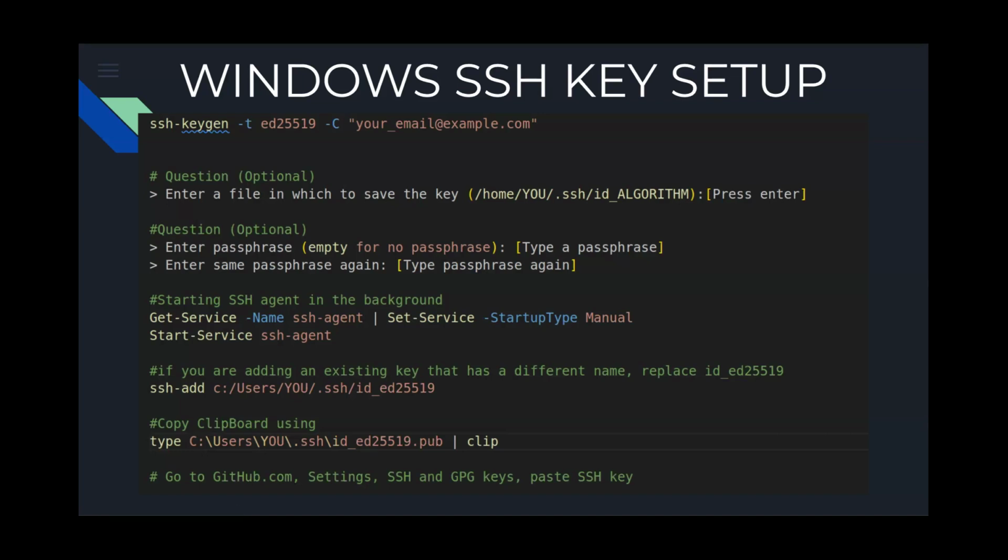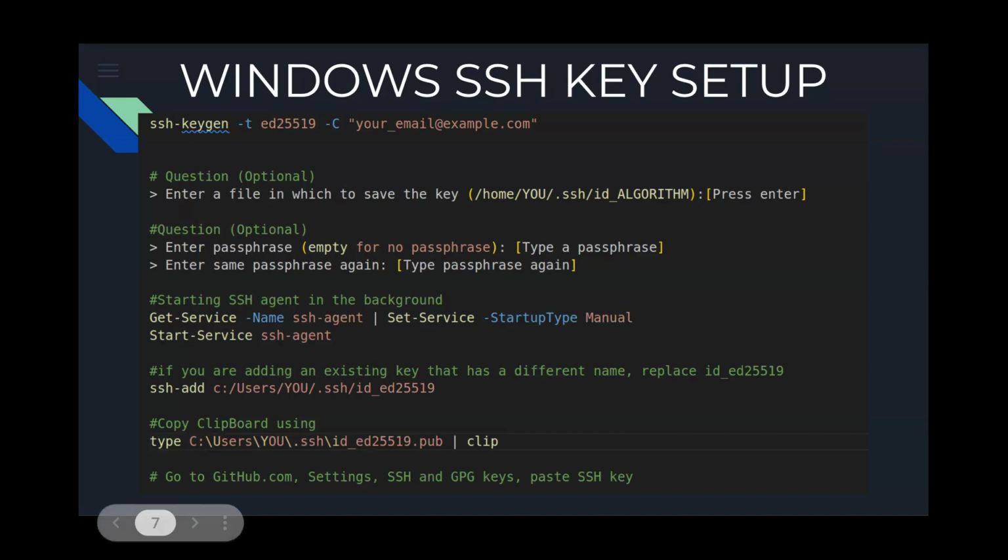Again, this passphrase here, you could think about this as like a password. This will be prompted to you, I believe, if you try to push or commit. So if you do want a passphrase, just make sure that you remember it, if you write it down or however you want, use a password manager.